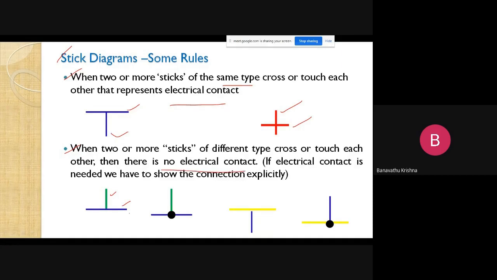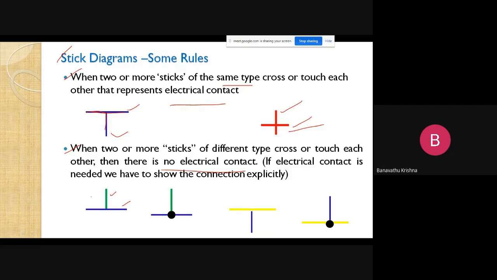When we have the same layer, there is an electrical contact because the entire layer is the same metal layer. So there is electrical contact in this direction or this direction. There is no need of a contact cut because the entire layer is the same layer, right? Like this one also.